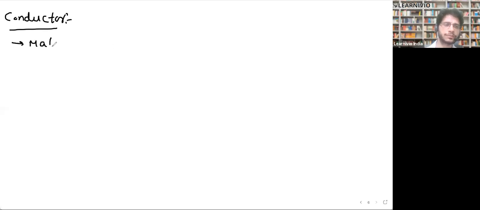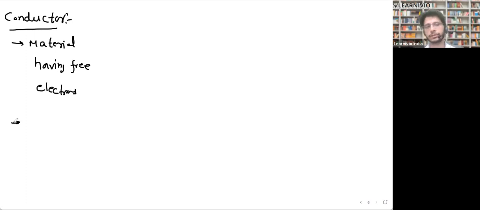You have a good idea of circuits, how to solve circuits. The next theoretical part starts with the concept of drift velocity. But before starting drift velocity, the picture of a conductor should be very, very clear in your mind. What is a conductor? A conductor is a material which has free electrons. That's it. Having free electrons, that's a conductor. It can conduct electricity.